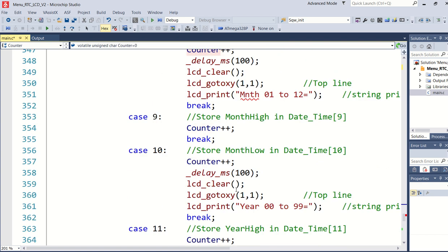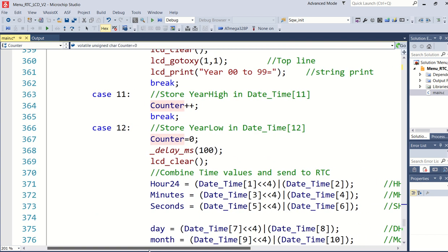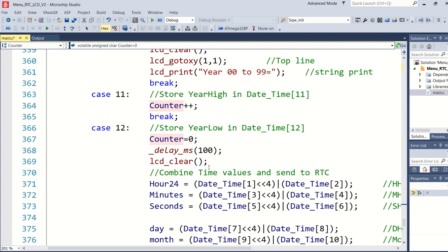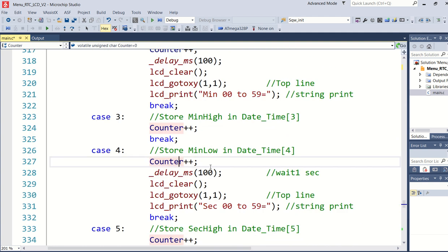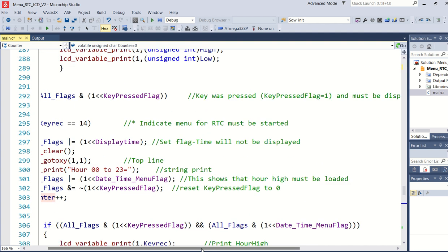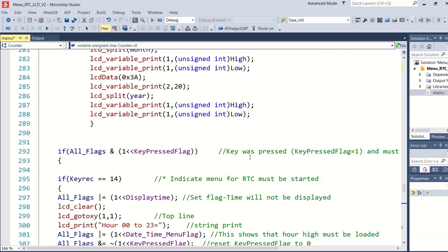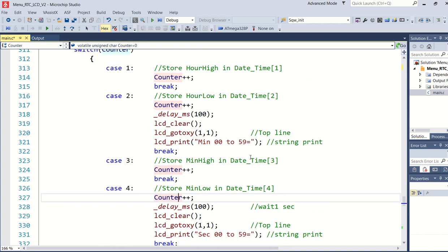When you get to the end of this, you can go through the program yourself. I just want to make sure that you see the whole program here. That's good enough.